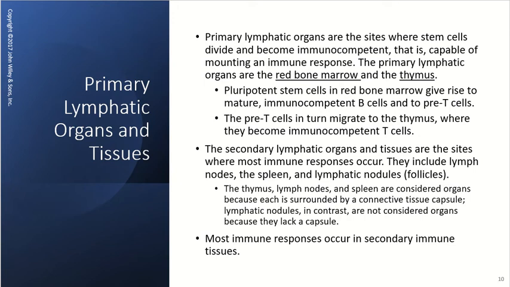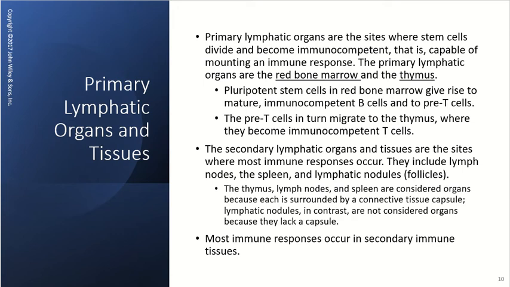The primary lymphatic organs are going to be the red bone marrow and the thymus. Pluripotent stem cells that are found in the red bone marrow are going to give rise to mature immunocompetent B cells and to pre-T cells. Those pre-T cells are then going to migrate to the thymus, where they're going to develop further and become an